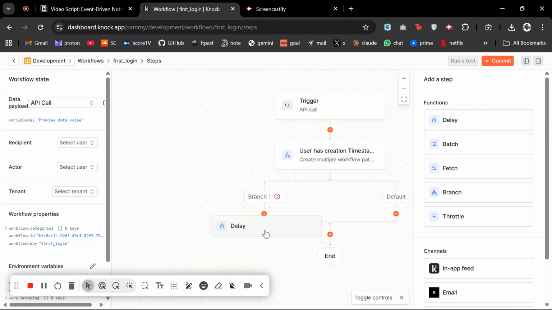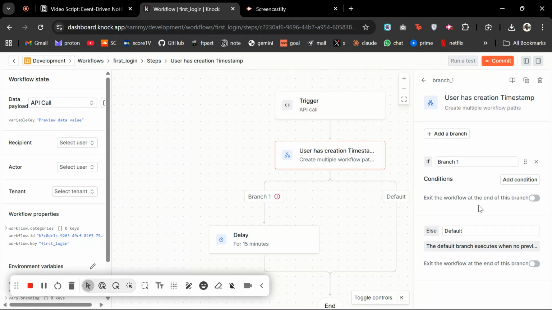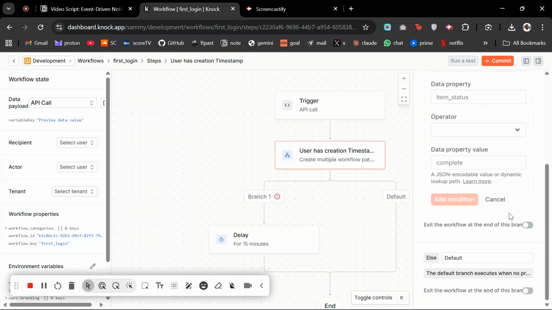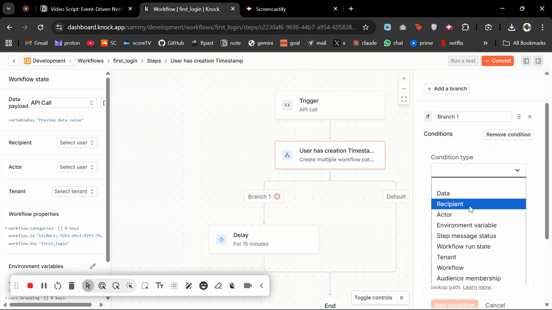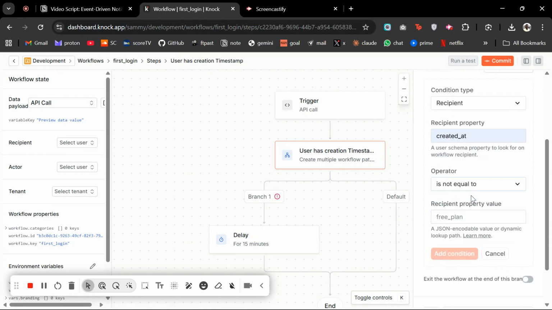Let's add a delay. Okay, delay node. Oh, there's a problem here. What's the problem? I didn't save. Oh, sorry. Recipient created at is now equal to